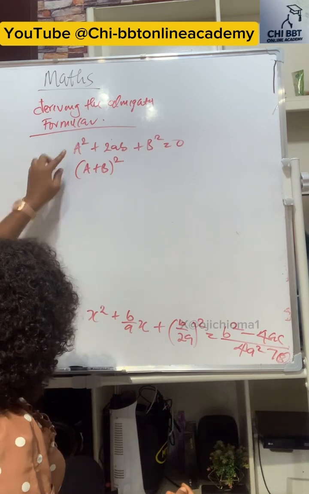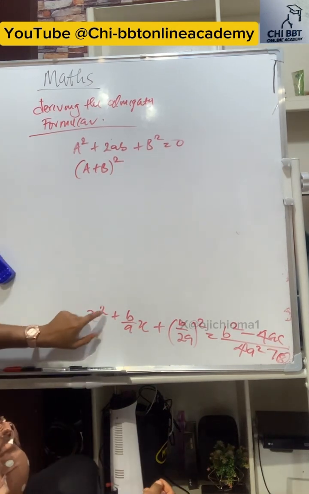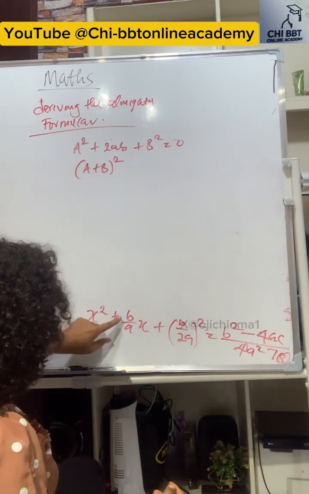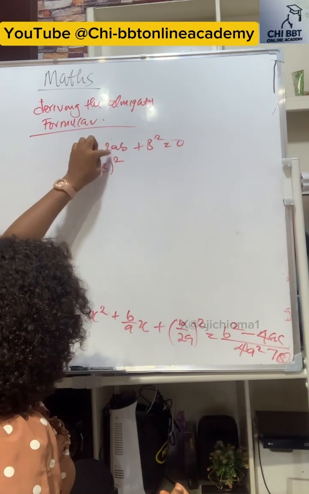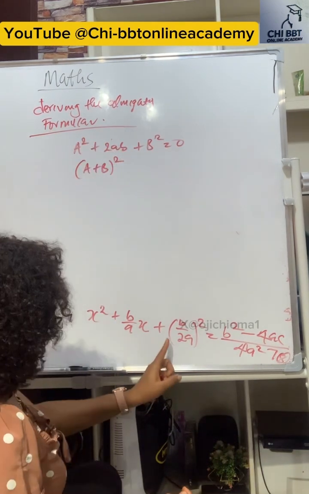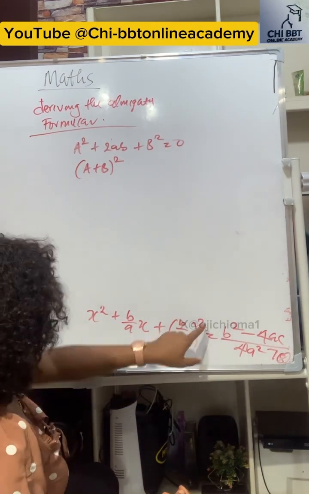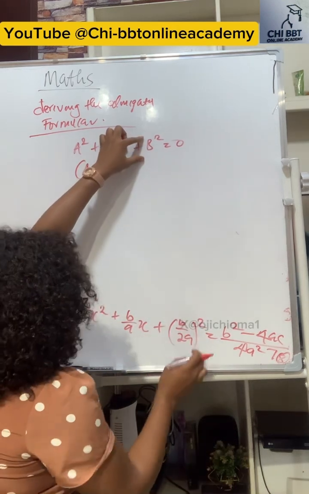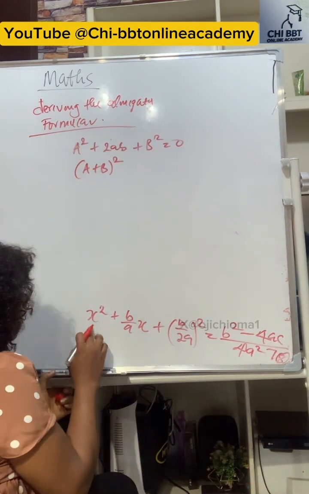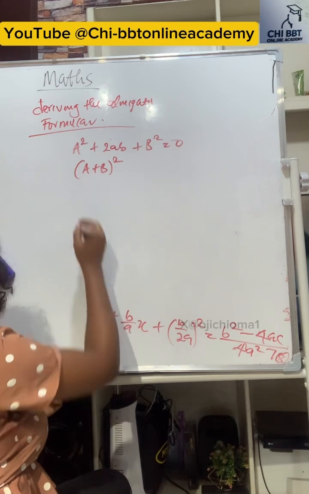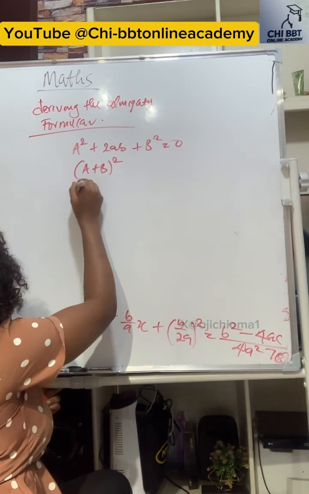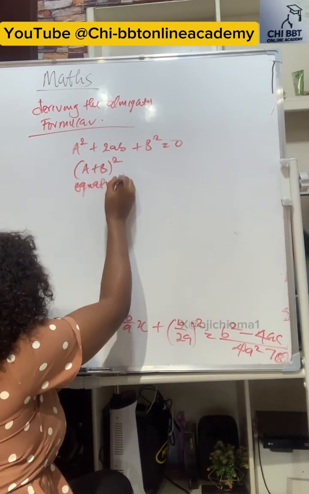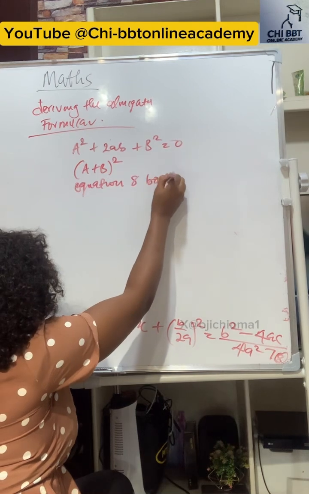So this is in the form of this, where a is equal to this. You can see that x raised to power 2 is also in the form of a raised to power 2. b over a times x is also equal to 2ab, right? So now b over 2a raised to power 2 is in the form of all of this, which is equal to b. So we take one of these, we say equation 8 becomes